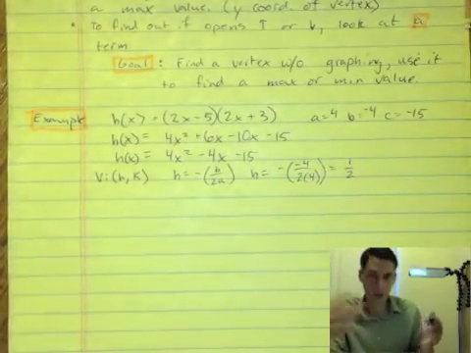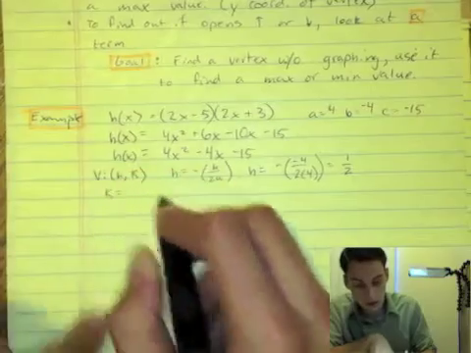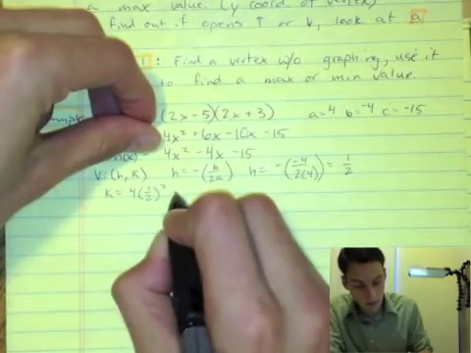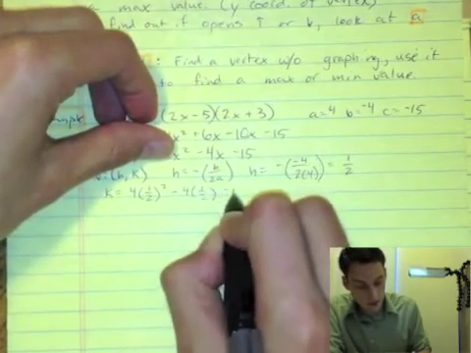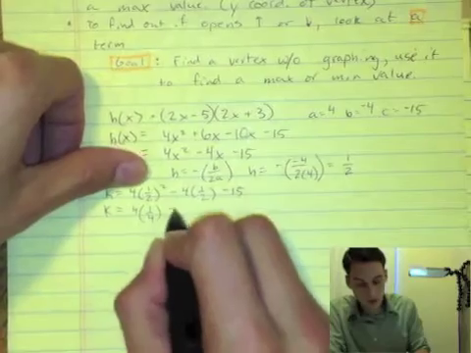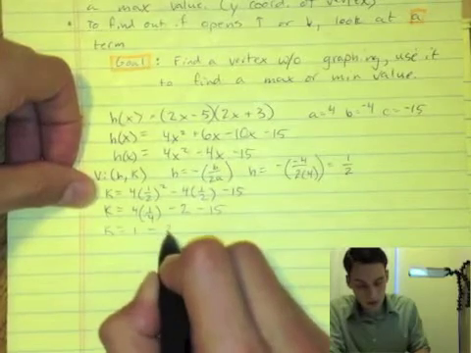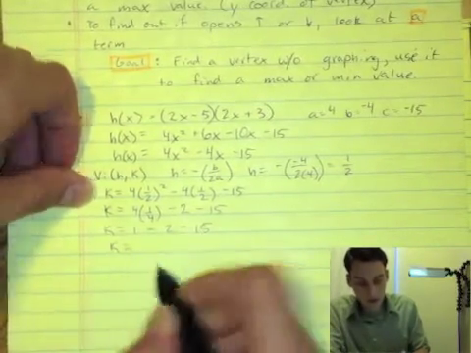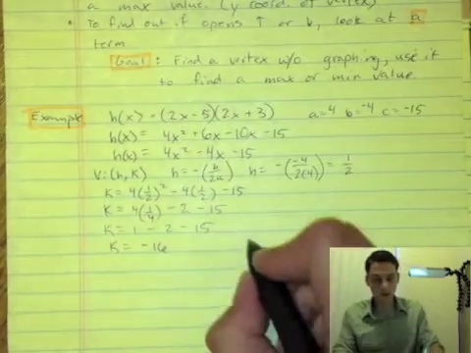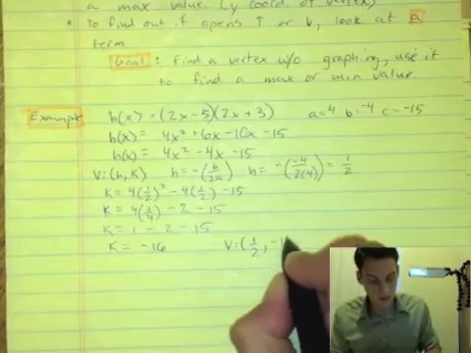So h is 1/2. What is k? We just plug it in. Plug in h to find k. So k will end up being 4 times 1/2 squared minus 4 times 1/2 minus 15. So k equals 4 times 1/4 minus 4 divided by 2 is 2 minus 15. So k equals 1 minus 2 minus 15. K finally equals negative 16. So our vertex v is 1/2 comma negative 16,